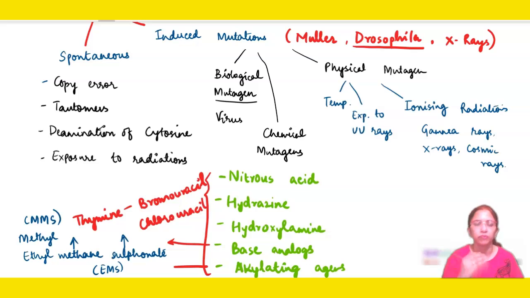Okay, so we studied what mutations are, what the agents are known as, basing upon origin how many types of mutations there are, and we also read about the chemicals which induce mutations. Chemical names are very, very important. That's all for this video. In the next video, we will be studying the various methods of mutations. We will be talking about substitution mutations, frame shift mutations.